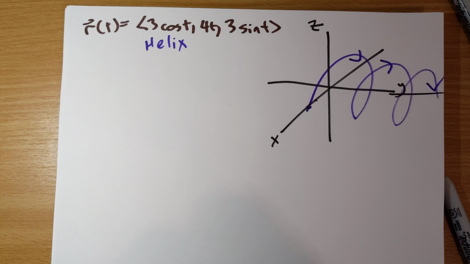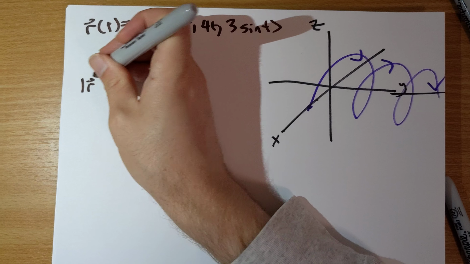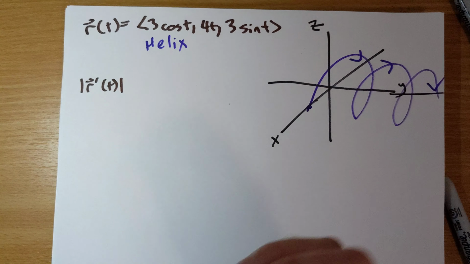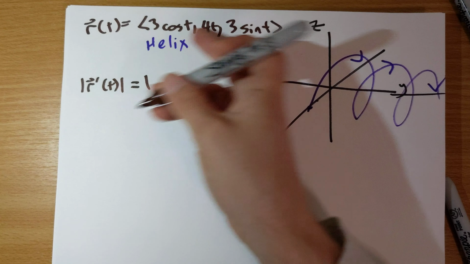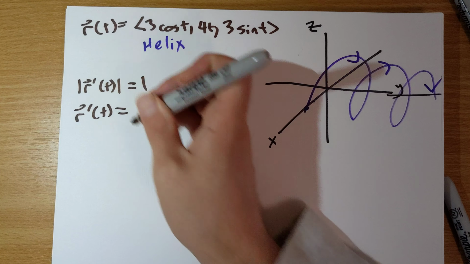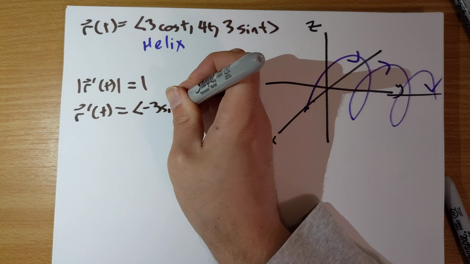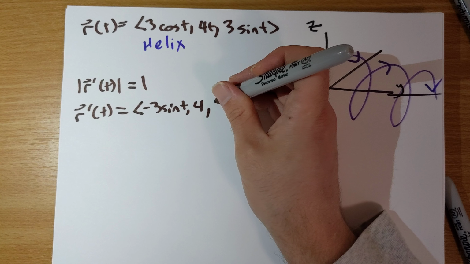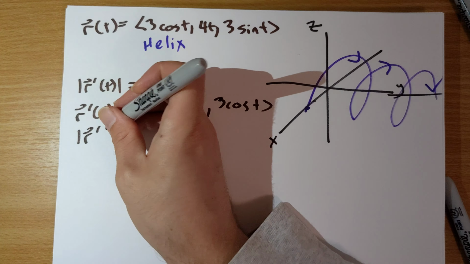Part B asks us, is this an arc length parametrization? Why or why not? And so arc length parametrization, the definition of that is when the speed is always equal to 1. Let's determine this. If we take the derivative, r prime of t, we would get negative 3 sine t, 4, and 3 cosine t. So the magnitude of this